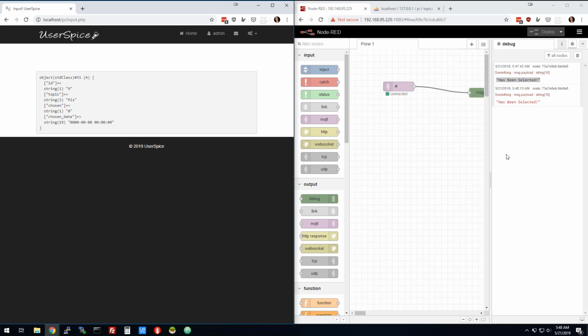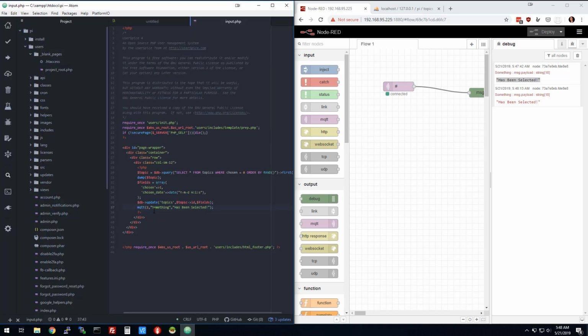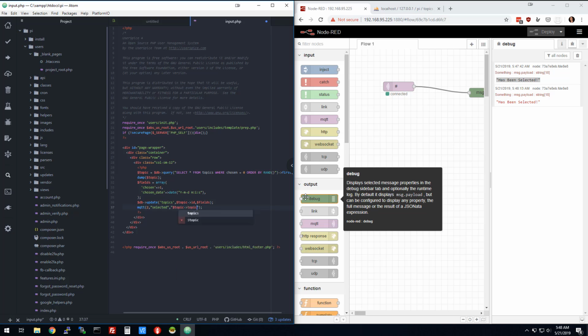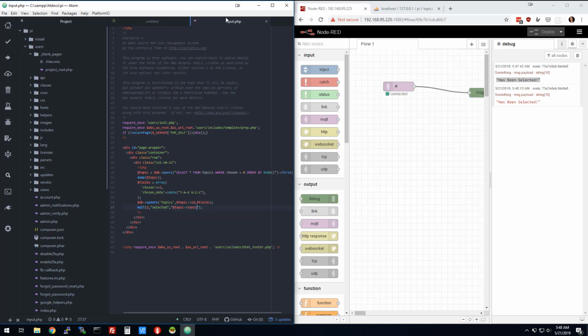So now, what we want to do is change our code. We're going to give it a topic of, I'm just going to put selected. And then we're actually going to put what was selected. So I'm going to put topic. And the reason why I'm doing that is when you look at the PHP here,